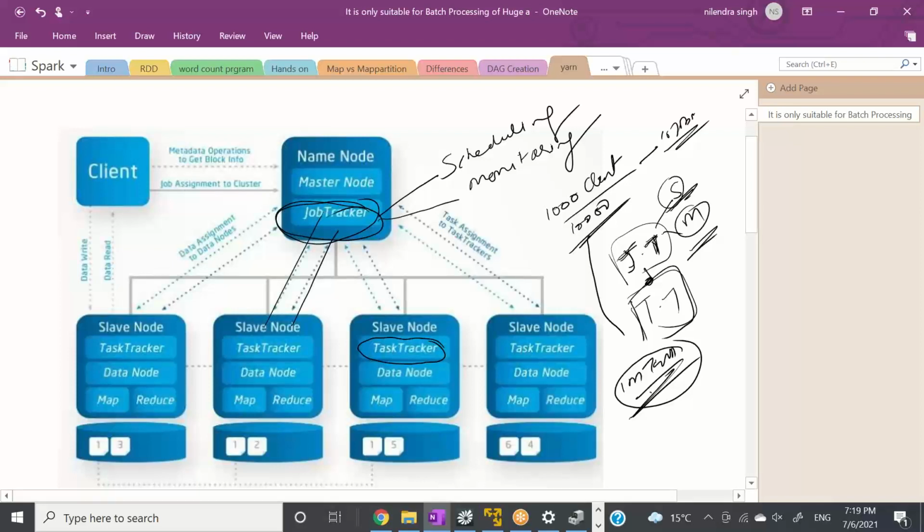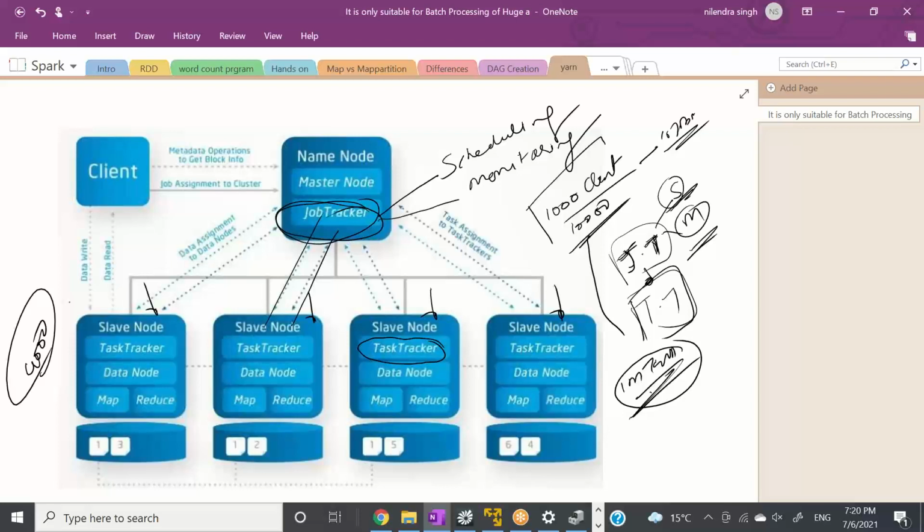And that's the only reason the number of clients or number of nodes cannot be increased beyond 4,000. So it means in Hadoop MapReduce 1, we cannot have a cluster of more than 4,000 nodes. Why? Because the job tracker cannot control anything beyond 4,000 nodes, right?